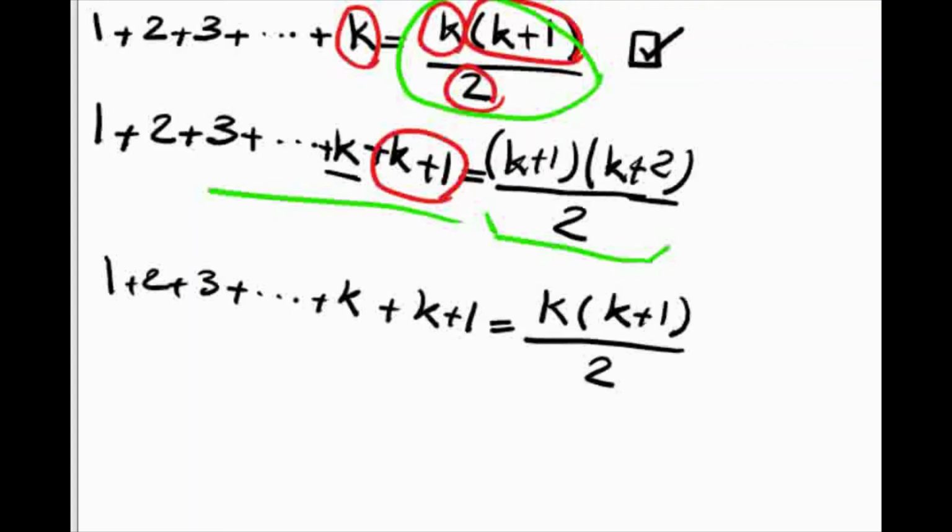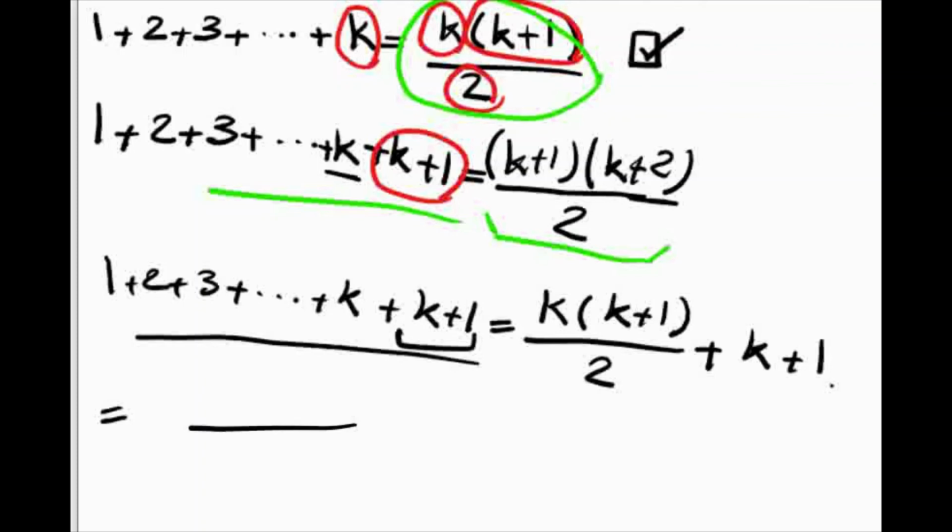After that, I have another k plus 1 here, which I'm going to add at the very end. I'm not going to write the earlier part of the equation anymore. I'm just going to say this part of the equation is equal to, if I want to have the denominator 2 for both of those,